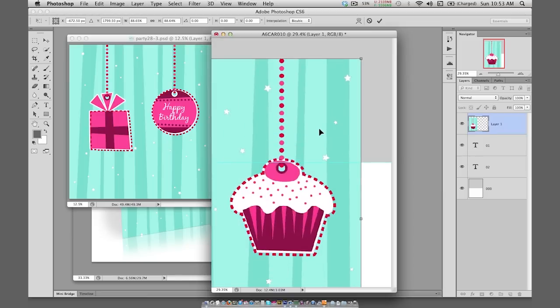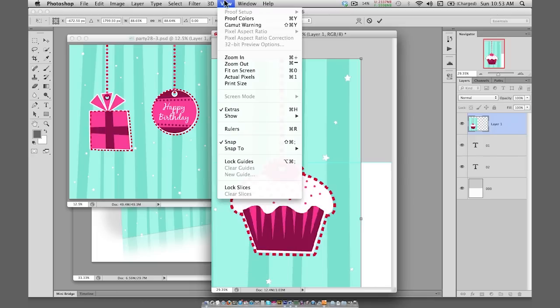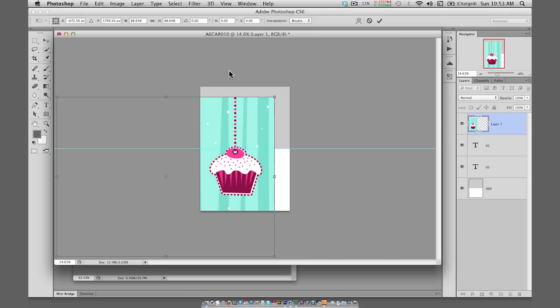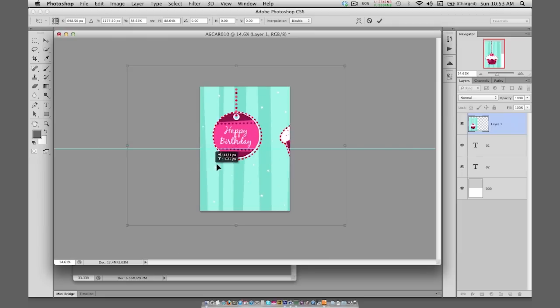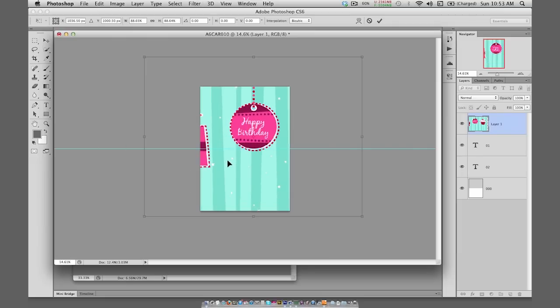But there's an easier way to do this, and you can just come up here to View and down here to Fit on Screen. And look at that, boom, Photoshop will just automatically zoom out and detect the exact area where the transformation handles are. So all I have to do is just move this over, and then I can hold down Shift and